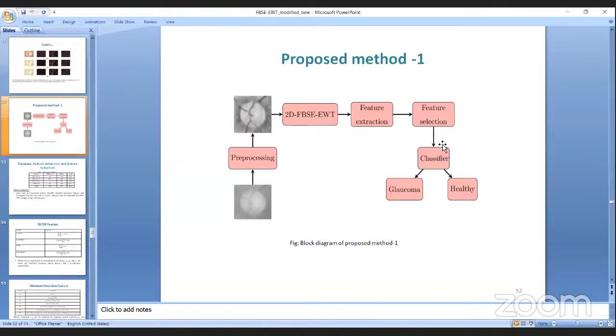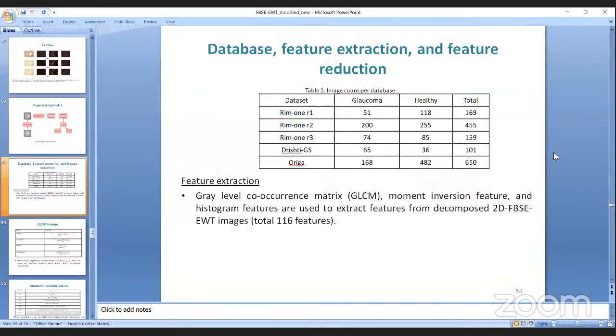And after that, the selected features are given as input to the classifier, which will automatically classify whether this fundus image belongs to the glaucoma class or the healthy class. So in that way, automated classification of glaucoma can be done with the fundus image as an input to this framework. For this study, we have used data sets RIM1, R1,